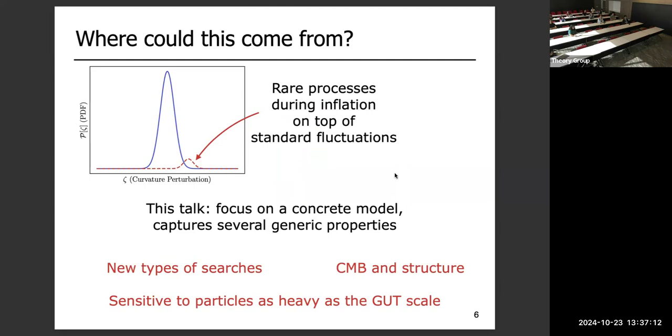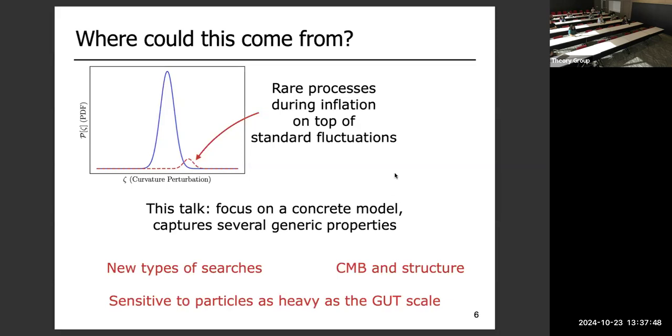And very generically, you might expect that maybe there are some rare processes, maybe something associated with phase transition, maybe something associated with particle production, that were happening pretty rarely during inflation, and they were happening on top of some ambient Gaussian fluctuations. Because these were additional to the random Gaussian field, they could potentially give you bumps like that. On a very qualitative level, it could happen from different types of microphysical scenarios, but